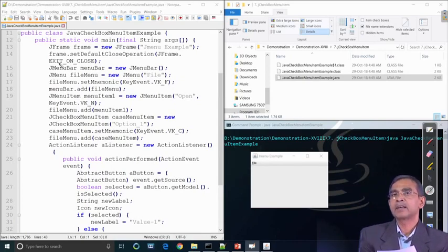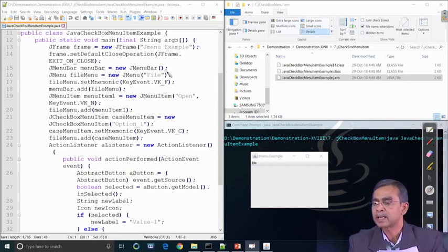Then we create the JMenuBar, which we have already discussed, created using the JMenuBar class.